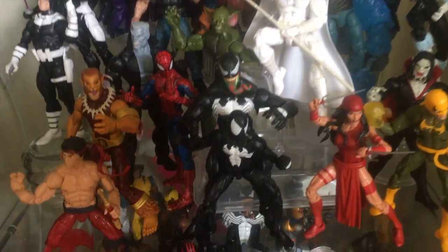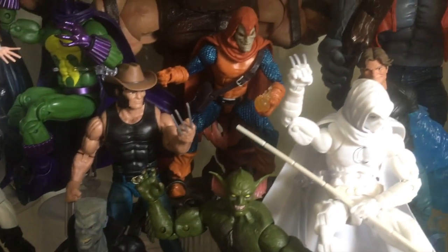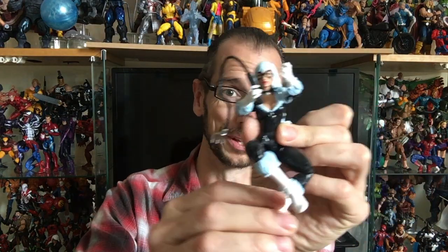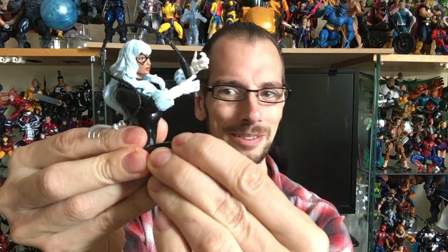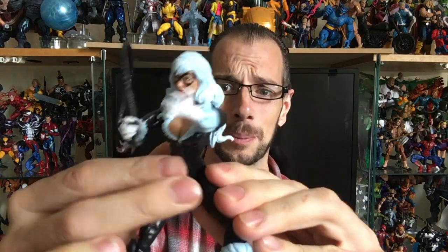So let's delve into the Detolfs and see who we're going to be looking at this time. And it is Felicia Hardy, the Black Cat, the Skyline Siren as she's also known. And yeah, here she is. What an interesting figure. I'm going to try and bust out this review nice and quick. Little 5 minutes. Let's take a look at her, and take a look at her we shall, because there's a